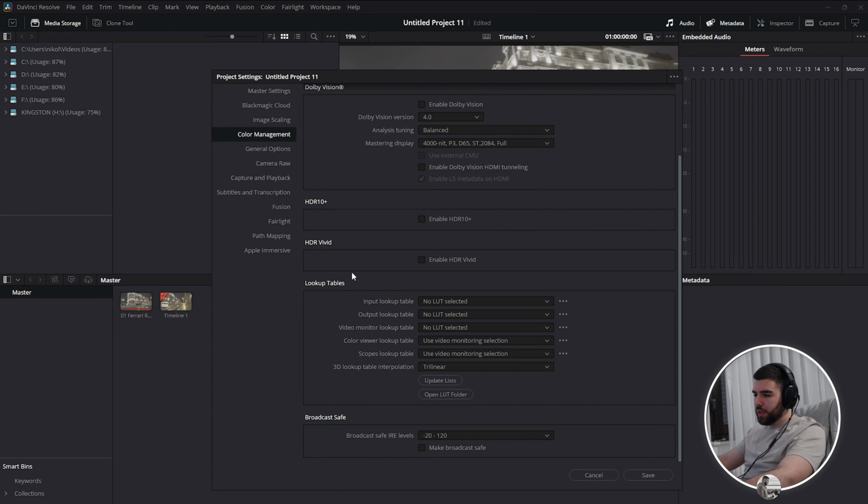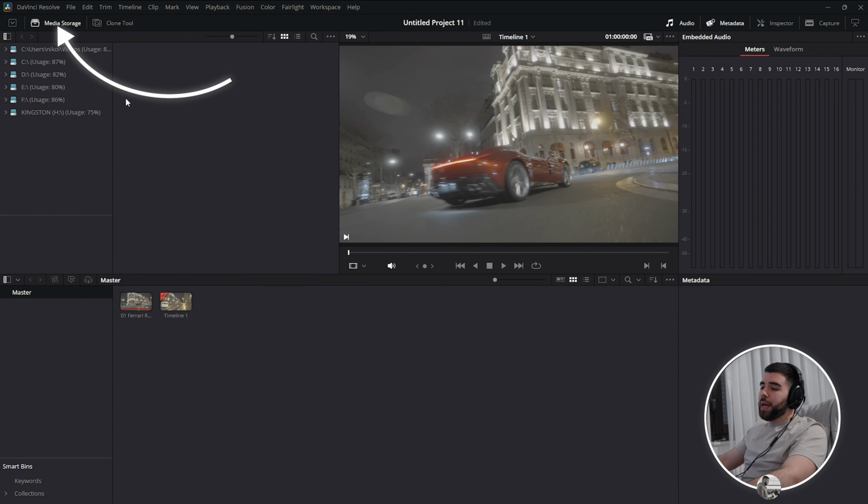And down here you have lookup tables and you have these settings placed. We're gonna just select another one. A lot of beginners don't even change this and stay on the first one, but go with the second one, and that's the correct way. We're gonna maybe update list, save, and we're gonna go into the top left corner, DaVinci Resolve,